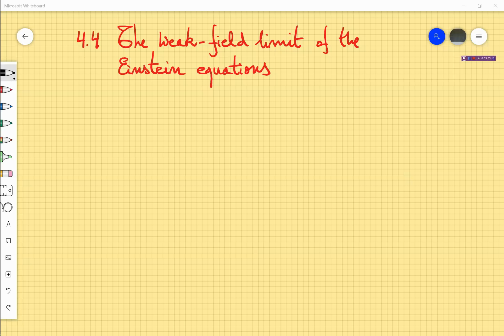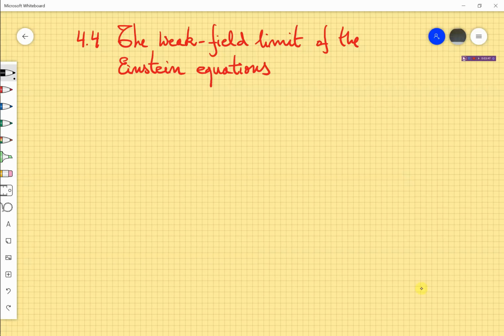So what is the setup? Weak field means weak gravity. When there is no gravity, we have the Minkowski metric. So you could say that the weak gravitational field can be expanded around this Minkowski spacetime. The perturbation we call h_{μν}, or if you want, maybe δg_{μν}, and we consider it to be small. And to control the smallness of this perturbation, we define it in this way.